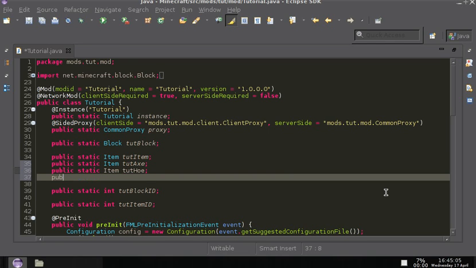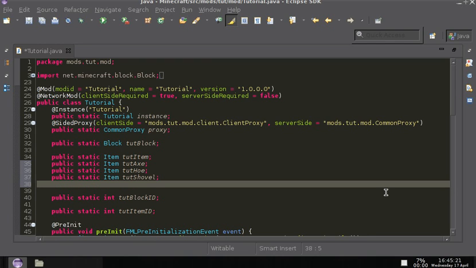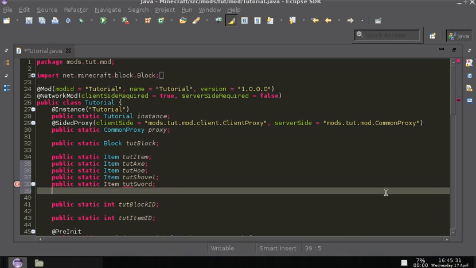And then public static item. Shovel. Sword. And